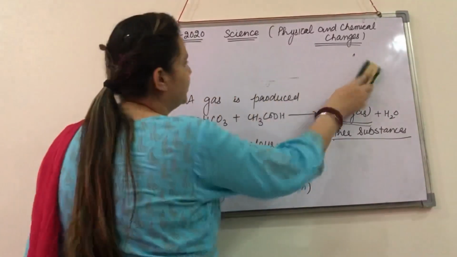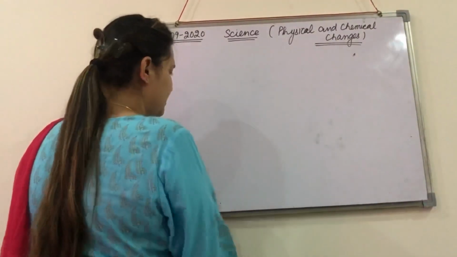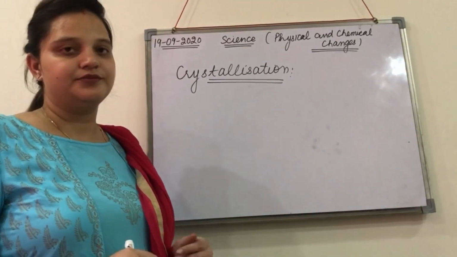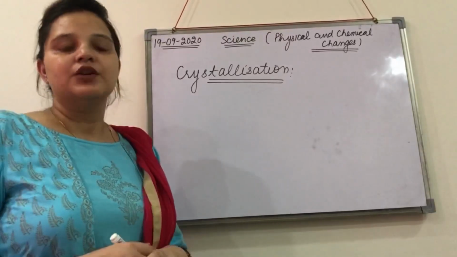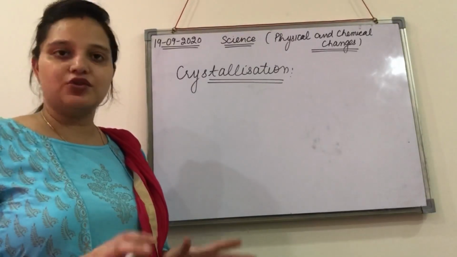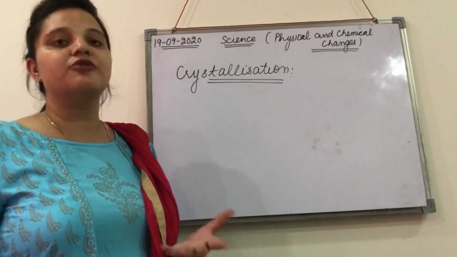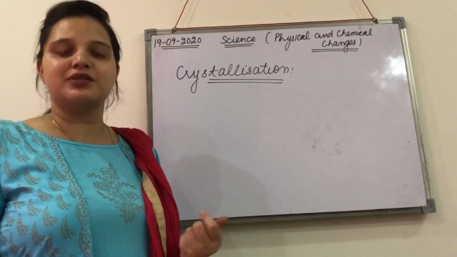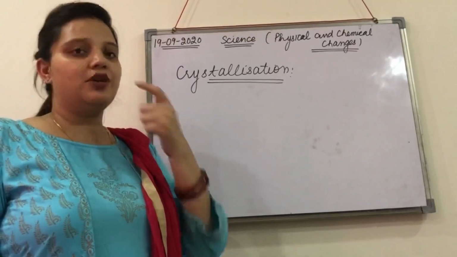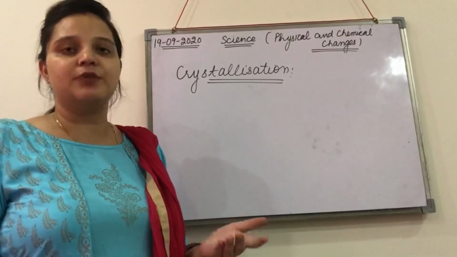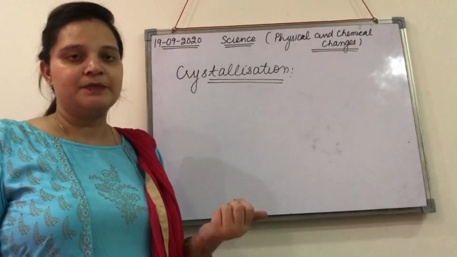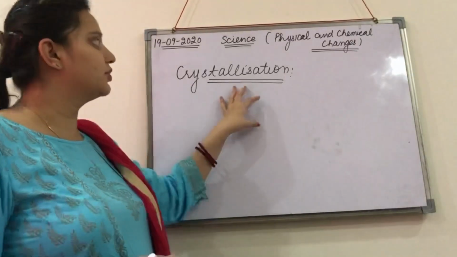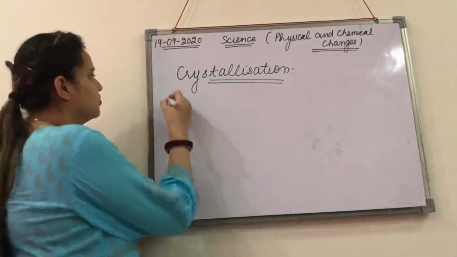So now the last topic, that is crystallization. You all have seen the crystals of sugar, salt, and you might have seen the crystals of copper sulfate also while performing some activities. So how do we get these crystals? Like the common example of crystal, that is alum, फटकरी जिसको हम कहते हैं, that we use at our homes also. How do we get the crystals of a substance? This is by the method of crystallization. So what is crystallization?